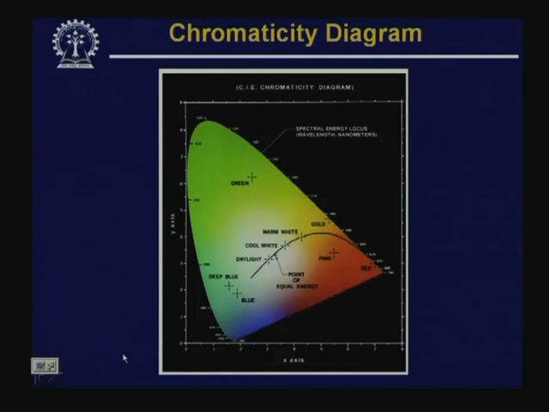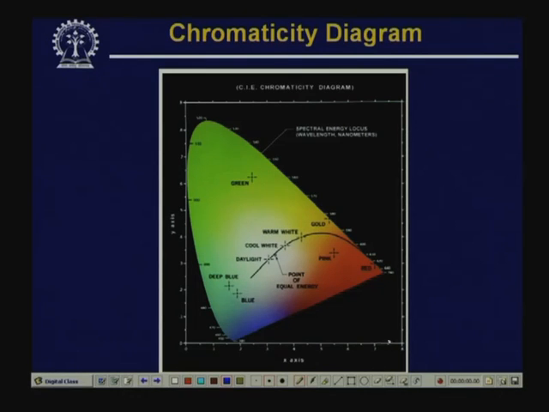So, here we have shown this chromaticity diagram, and you find that it is a color diagram in a two-dimensional space. We have the horizontal axis, which represents the lowercase x, and we have the vertical axis, which represents the lowercase y. That means the chromatic coefficient for red is along the horizontal axis and the chromatic coefficient for green is along the vertical axis. And if we want to specify any particular color, say for example, I take this particular point and I want to find out how this particular color can be specified. So, as we have said, we can specify it by its